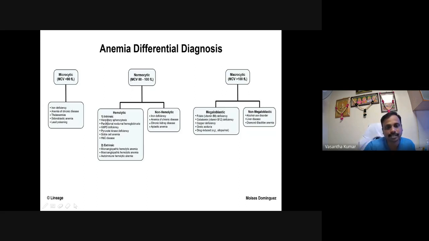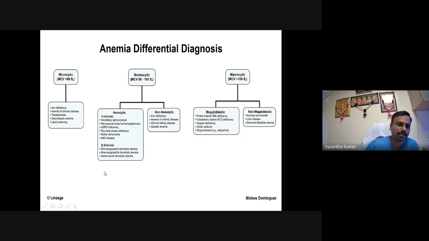So those are the reasons, mainly the conditions called hereditary spherocytosis, paroxysmal nocturnal hemoglobinuria, G6PD deficiency, pyruvate kinase deficiency, sickle cell anemia, and hemoglobin C disease. There is an intrinsic problem within the RBCs. Either it can be a problem within the cell membrane, or there is an enzyme defect inside the RBCs